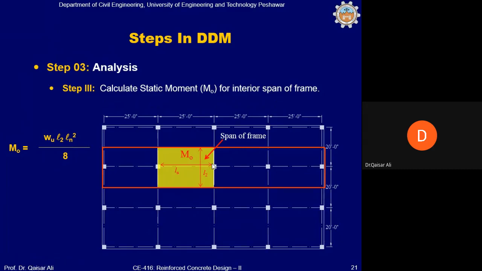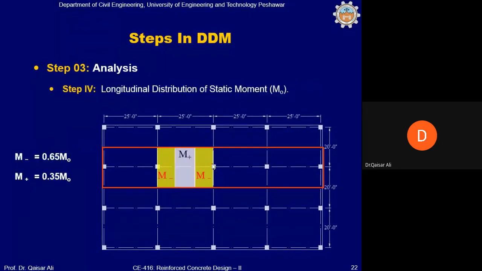Okay, and WU is load per square foot. This will give us the total. This is called a static moment, the total static moment in this span. Once we obtain this moment from this equation, then the total static moment, WL square by 8, will be